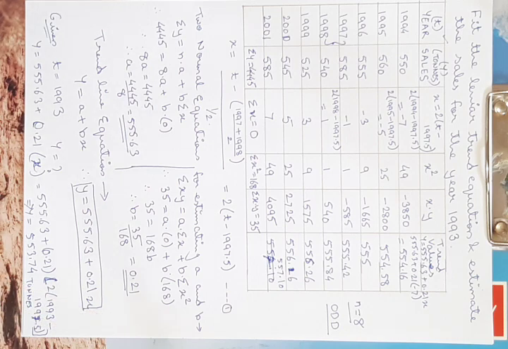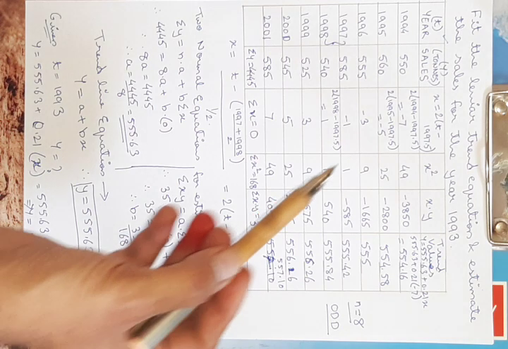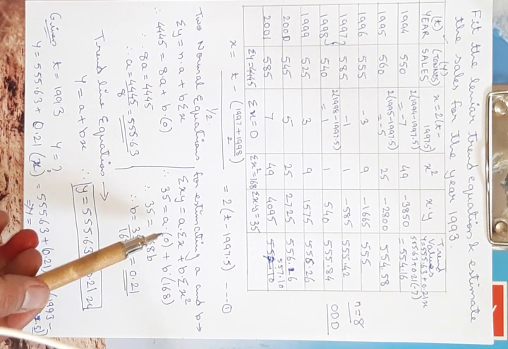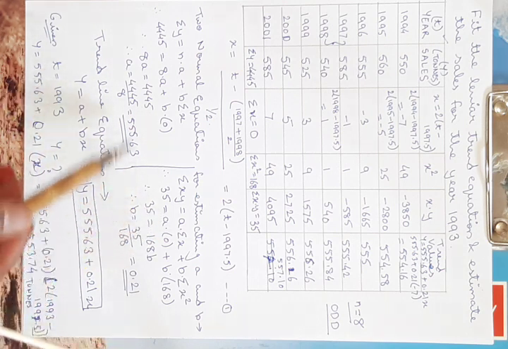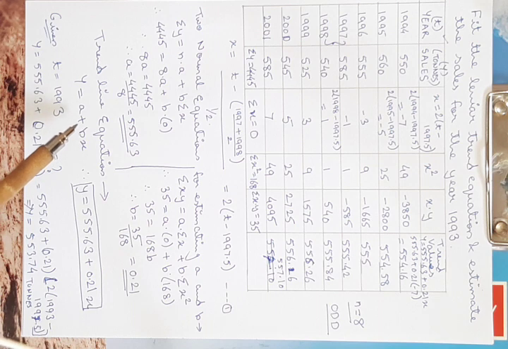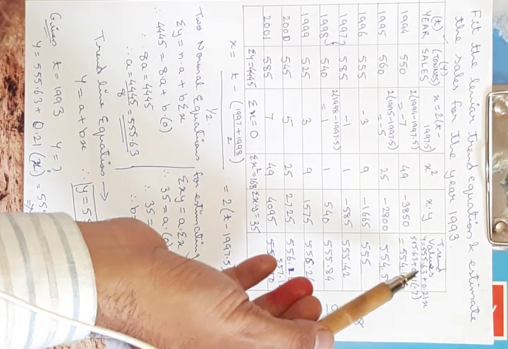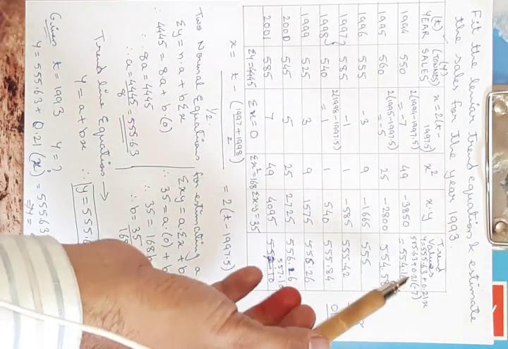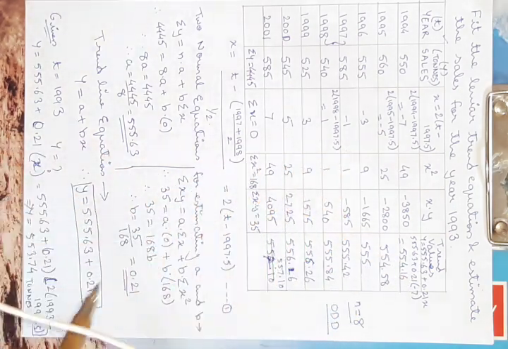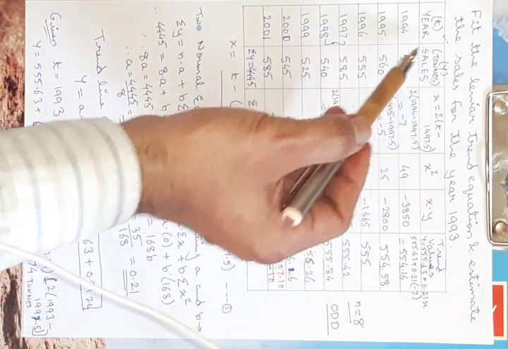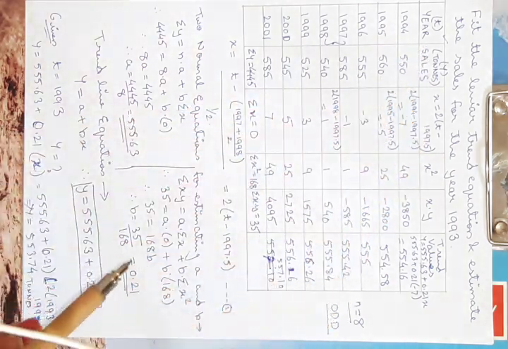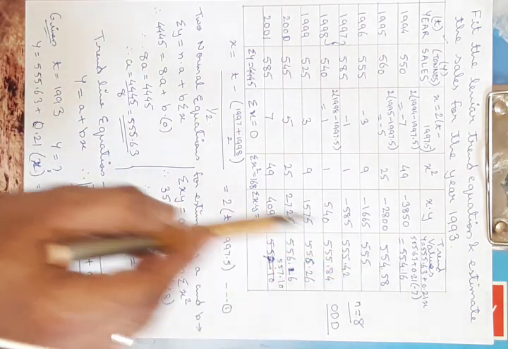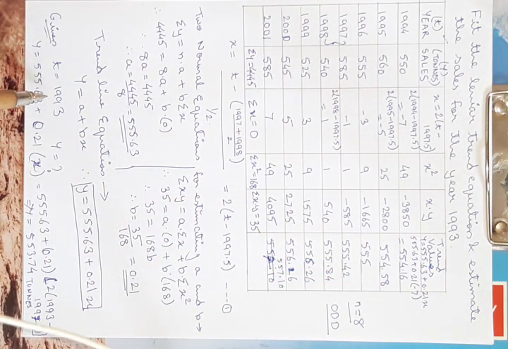Fine. I hope friends you might have understood the problem. First we have calculated the two normal equations. After calculating the two normal equations, we have put the value of a as well as b in our trend line equation, that is y is equal to a plus bx. From this equation we have estimated the trend values by putting the value of x into those things. So we have calculated the trend values. Also we need to get the value of sales when the time T is 1993. We need to get the value of y.